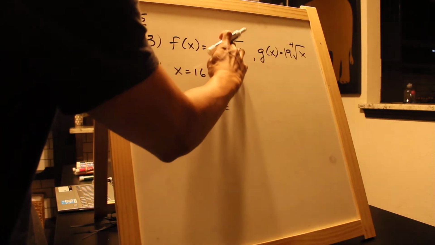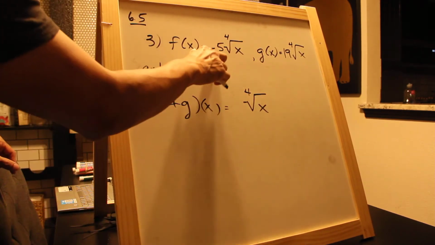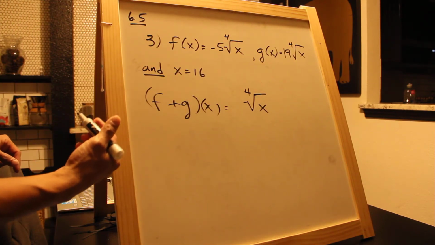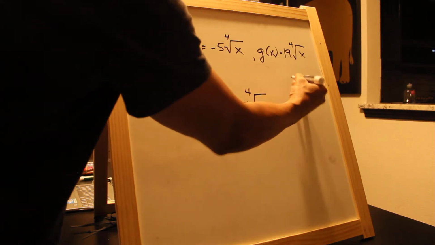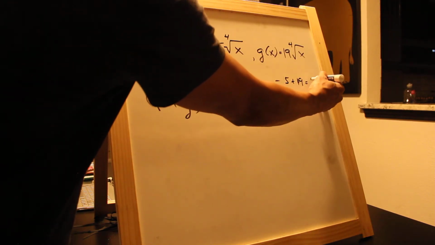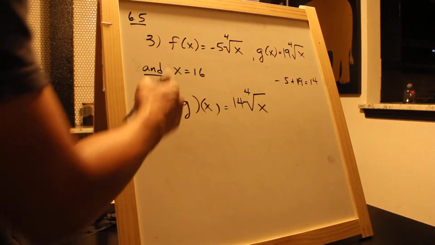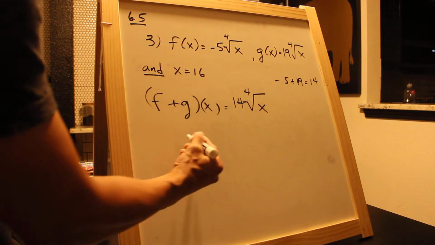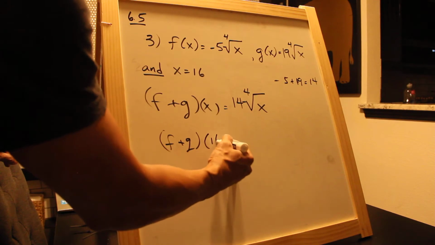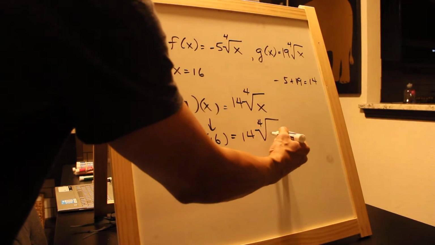So the fourth root of x will stay the same, but the coefficients, -5 and 19, will become a new coefficient when I add them together. So -5 plus 19 is going to give me 14. So this is 14 times the fourth root of x. From there, I evaluate at x equal to 16. Now that I have a new function, I evaluate it at 16, so this is 14 times the fourth root of